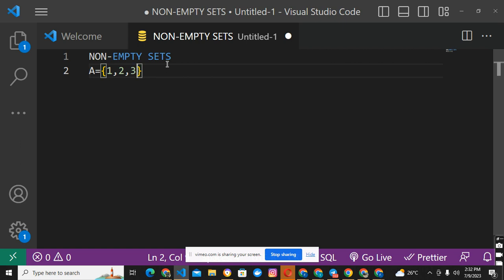You will see that this set contains what? Three elements. You understand? And it's considered non-empty because it has three members. But when you have, say, let me use this, B equals empty curly brackets,